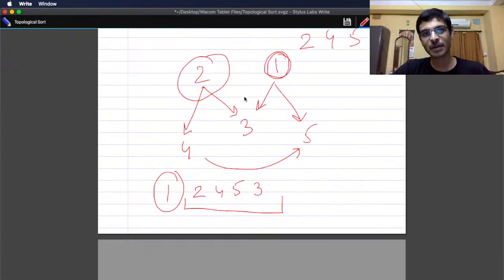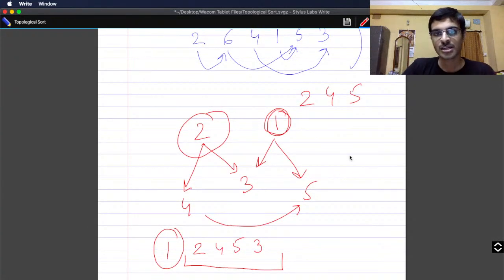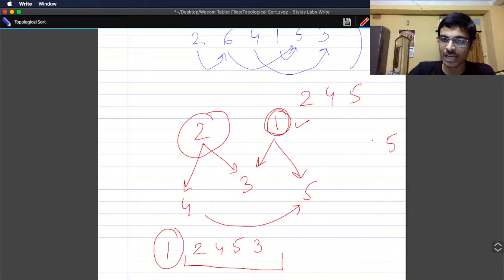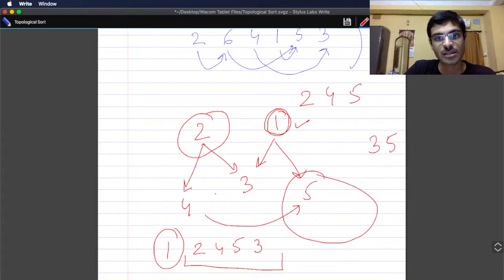सो ओवर हियर भी आप अलग अलग तरीके से डीएफएस कर सकते हैं। सपोज वी स्टार्ट फ्रॉम दिस नोड, वी स्टार्ट दिस डीएफएस, तो हम क्या कहेंगे कि 1 के लिए पहले हम देख लेते क्या क्या चिल्ड्रन है। सो हमने देख लिया इधर 5 है, तो हमने 5 बिठा दिया क्योंकि 5 के लिए और कोई चिल्ड्रन नहीं है। फिर हमने बोला कि इसके दूसरे क्या चिल्ड्रन होंगे, 3 है, तो 3 को देख लेते हैं, 3 के भी कोई चाइल्ड नहीं है तो 3 को बिठा देते हैं। फिर हम 2 में आते हैं, 2 के लिए हम देखेंगे ऑलरेडी 3 प्रिंटेड है, तो इसको देखना नहीं है। 2 के लिए 4 है, बट 4 के लिए 5 है, तो हम 5 में देखेंगे कि 5 ऑलरेडी प्रिंटेड है, तो इसका मतलब यहाँ से अगर और कुछ भी है तो वो ऑलरेडी हुआ रहेगा।